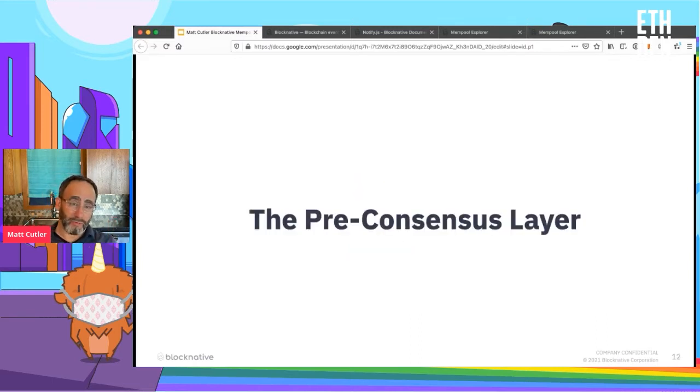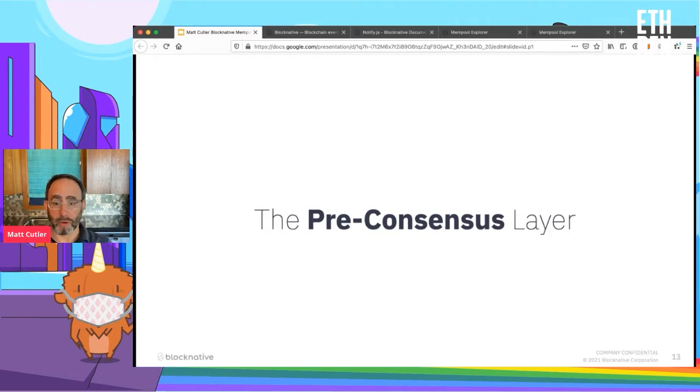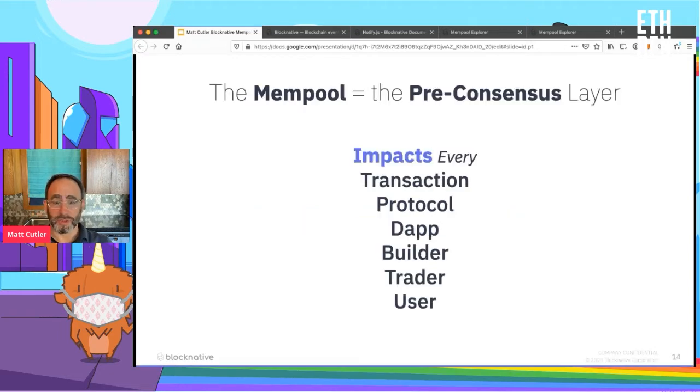So let's talk a little bit about Mempool and what's going on here. Now, while a lot of folks are aware of Mempool as a concept, I find myself in conversations where folks need to think more deeply about it. So we talk about the Mempool as the pre-consensus layer. It's the place where transactions go before consensus can be reached, which has all sorts of very profound implications. So first off, the Mempool or the pre-consensus layer impacts everything, right? It impacts every transaction, every protocol, every dApp, every builder, every trader, every user. Everybody deals with it, but it is largely